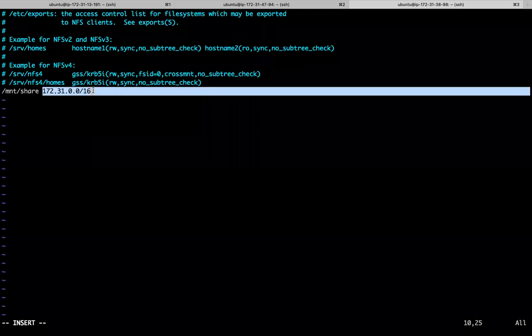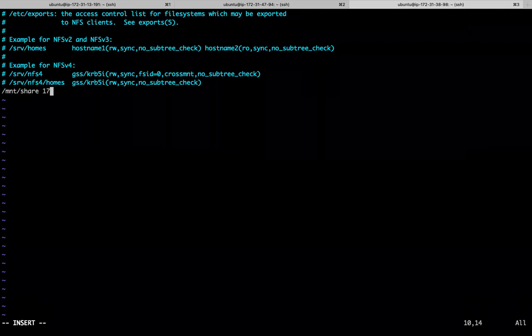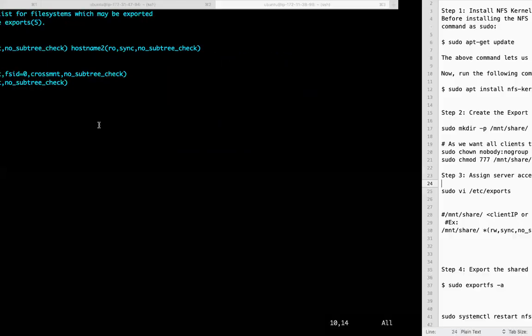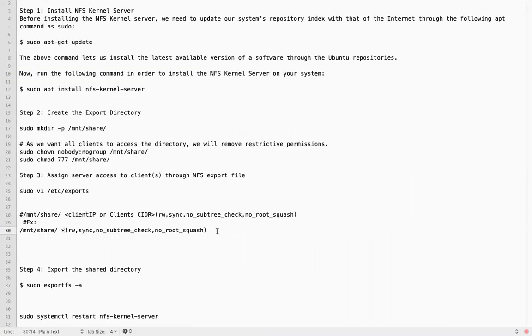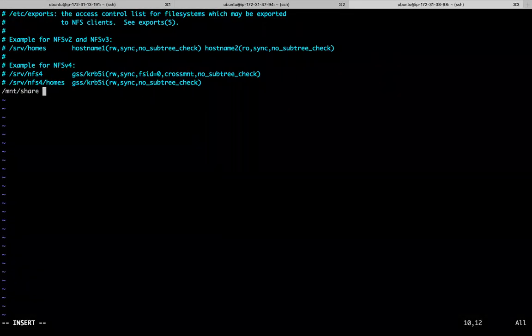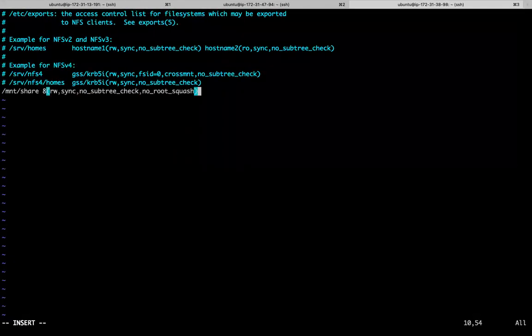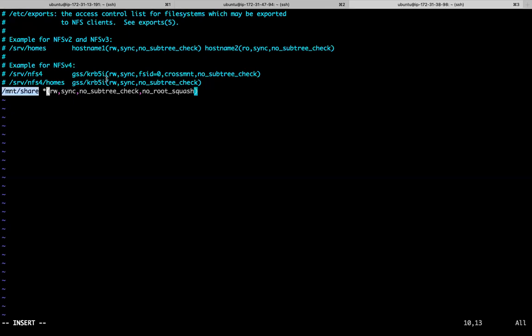If I give something like this, within this network, whatever server, whatever client, we are allowing to mount this directory. This is NFS setting. Or I can give a star. What does it mean? Any client. I'm giving these permissions to that directory, read, write, all the permissions. Star represents all. Whatever you want to give, a star or specific IP, you are giving some permissions to the directory. This is NFS settings.